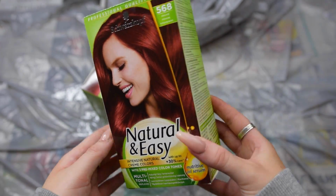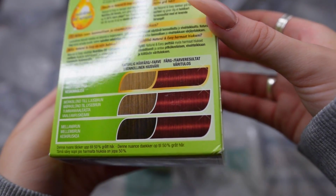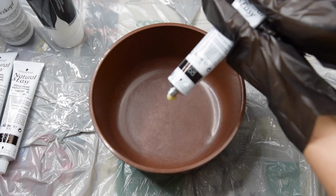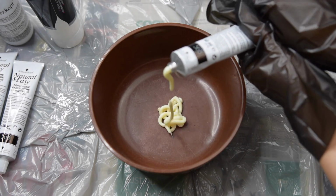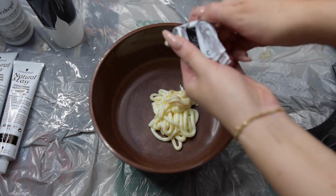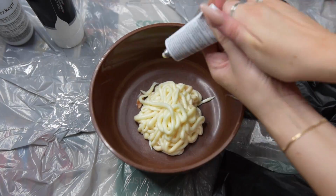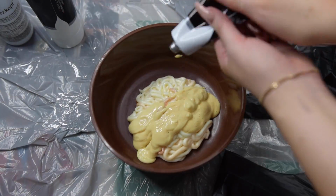Also going to buy myself a new coloring bucket, or mixing cup, or whatever you would like to call it. Mine is so terrible, this brown one. I don't know how many times you guys have seen it. It's embarrassing. So for the first round of hair dye, I used 3 packets of the Schwarzkopf ones and 1 copper shade from Garnier. Now, I didn't want to use anything from Garnier because I don't want to support the brand, but I could not find any other copper hair dye where I shopped, so...